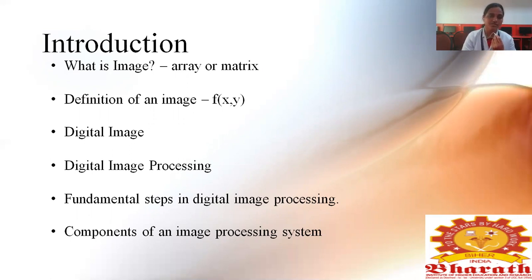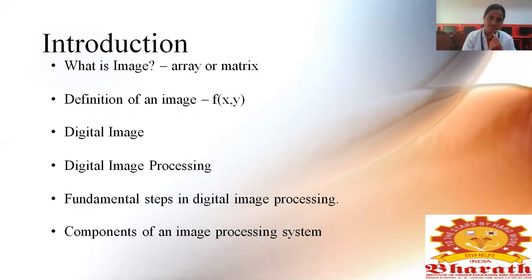Grayscale images have 8-bit color depth. With 8-bit color depth we have discrete values from 0 to 255. So 0 to 255 means 256 values are used for representing grayscale images.